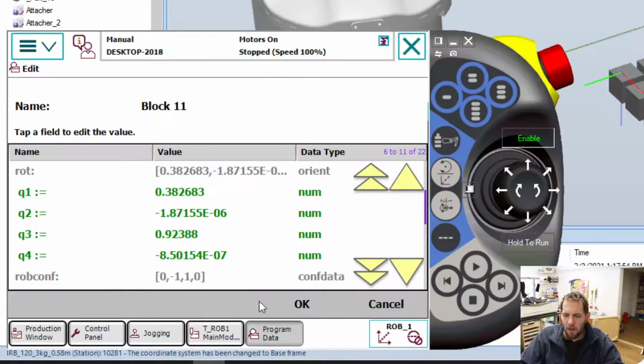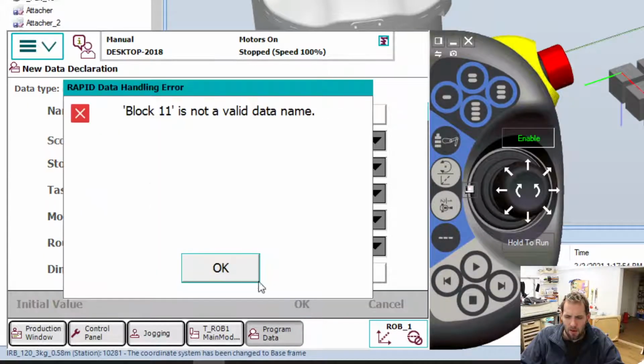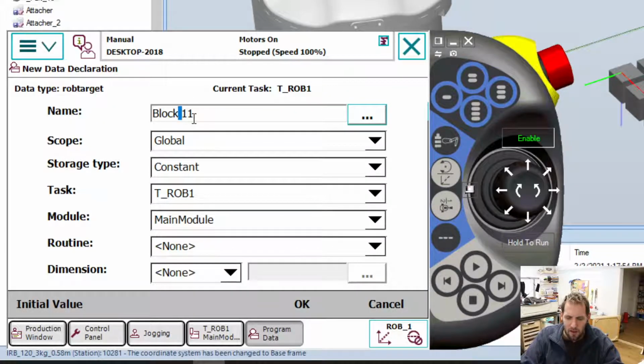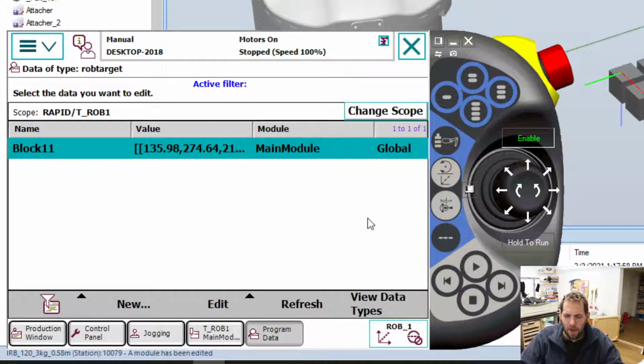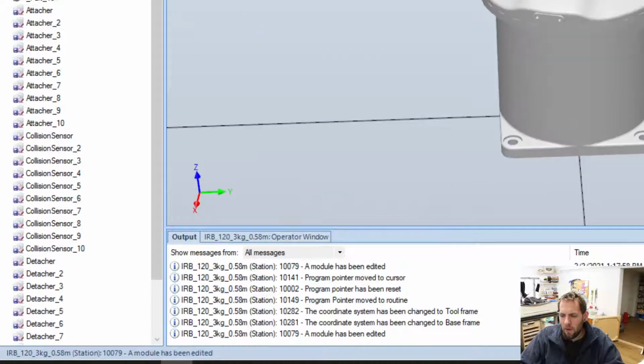All right, so we're gonna leave our Qs alone right now. We're gonna say okay and okay. It does not like block 11 because I have a space in it. So we have block 11, or as I'm calling it, 1, 1. Now we could